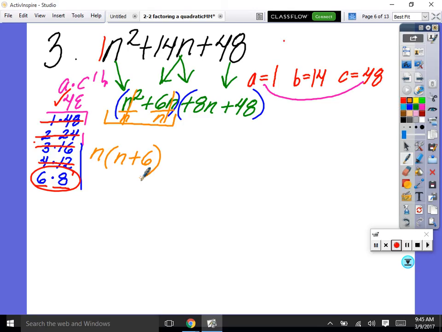And then we would look at this next group and say, what's the greatest thing in common? Don't they both divide by 8? Positive 8, so go plus 8 because you're pulling out a positive 8. Then divide by 8, divide by 8. So then left in your parentheses is n plus